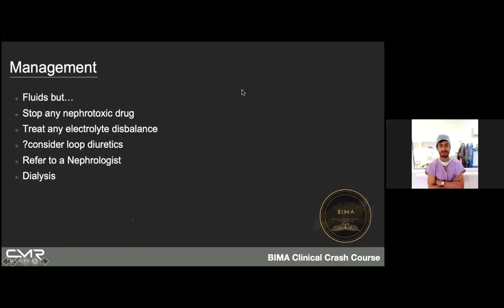Perfect. So as I said, we've discussed what AKI is, and the only thing that we need to figure out is what to do when someone's suffering from an AKI and how do we manage it. So fluids are always a good shout, particularly if it's a pre-renal cause, right? Because they would be fluid depleted. In sepsis, they would have lots of vasoconstriction, so they would need a lot of fluid to try and overcome all of the